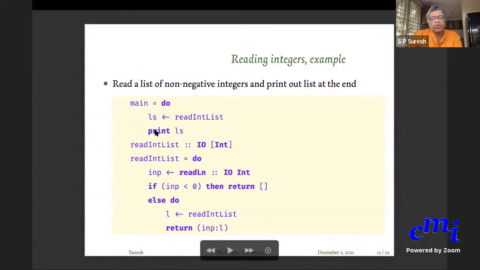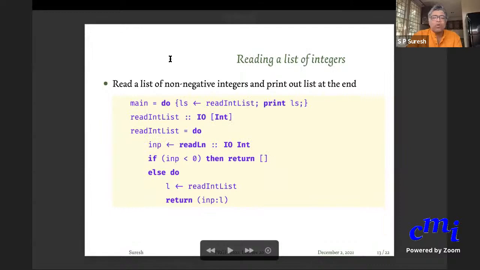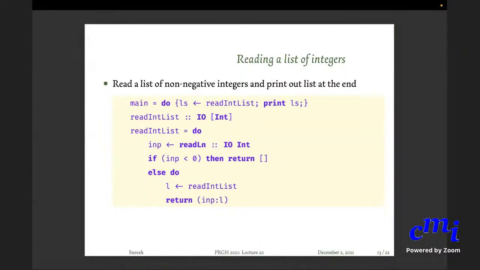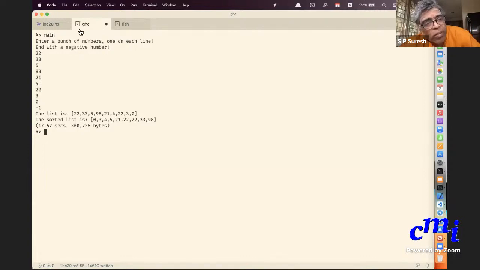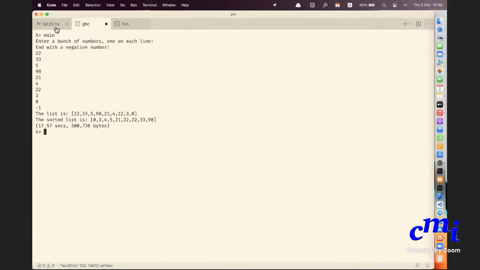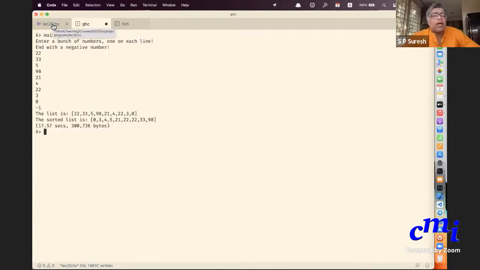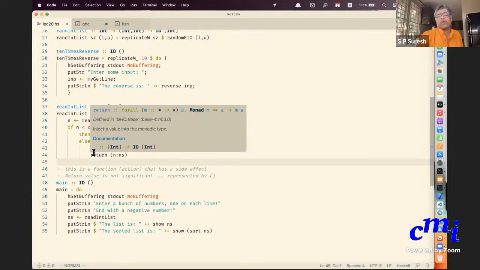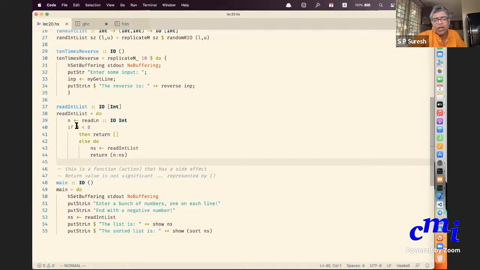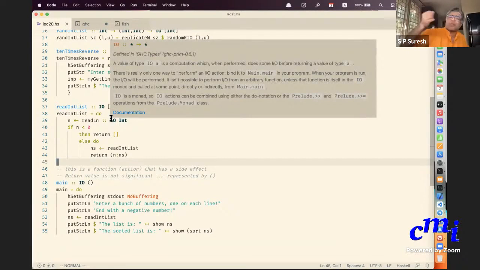Yes, good. Sir, can you explain how Haskell evaluates such programs? Meaning, what do you mean by how Haskell evaluates? Like the order. Haskell evaluates lazily, right? Yeah. But the point is this: it will still be lazy, but when you try to extract a value, the action will happen. The bind is the crucial thing. You're trying to extract the value n from something, then the action will actually be performed.